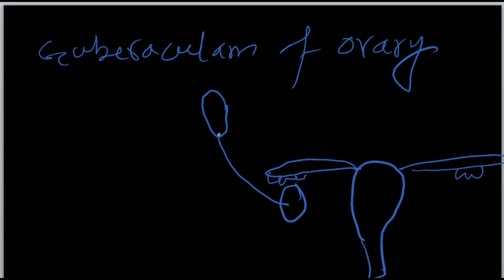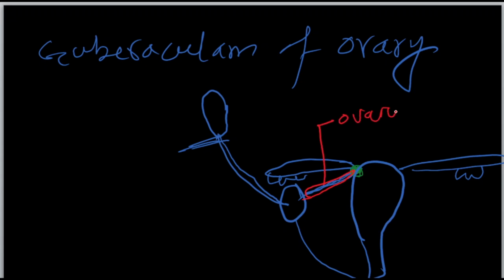This gubernaculum is cranially attached to the pelvic wall and caudally attached to the labia majora. Okay, and it is attached with the cornu, that is the junction of fallopian tube and fundus. This structure is known as cornu, and gubernaculum gives attachment to the cornu with the ovary. This structure is known as ovarian ligament,